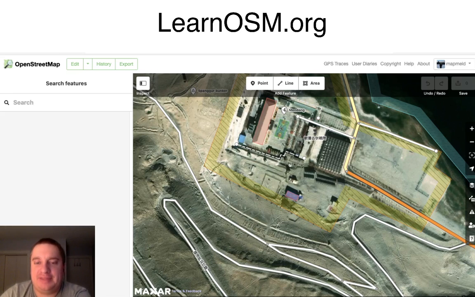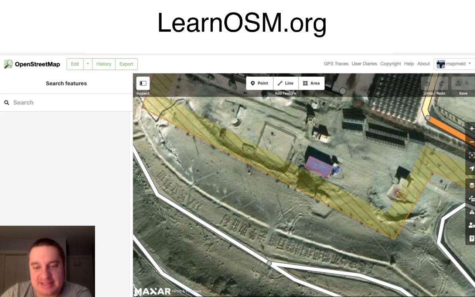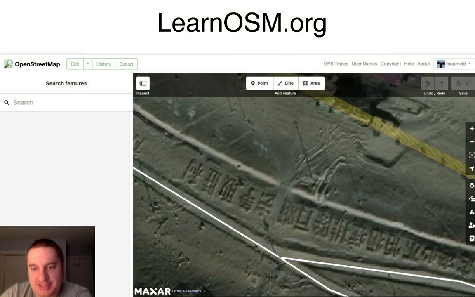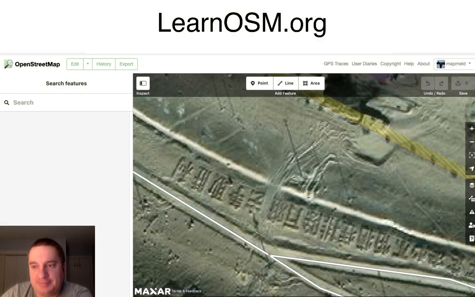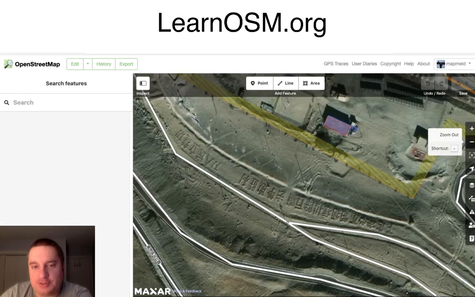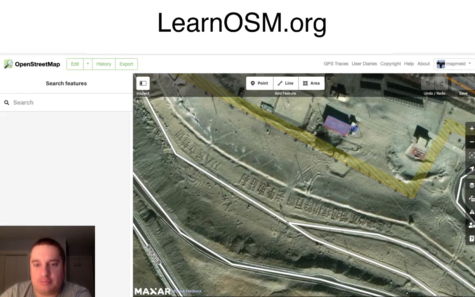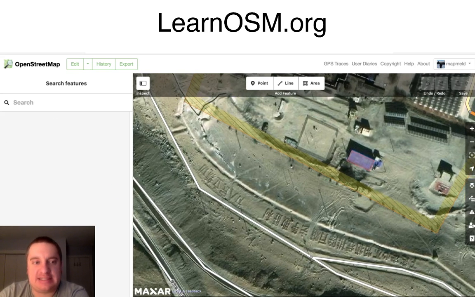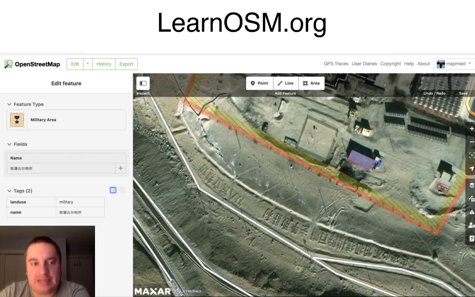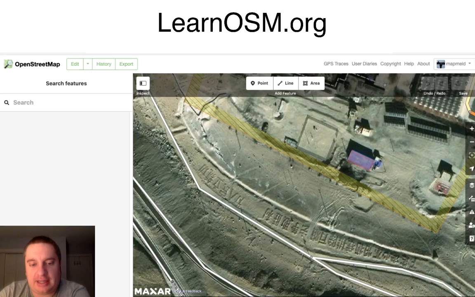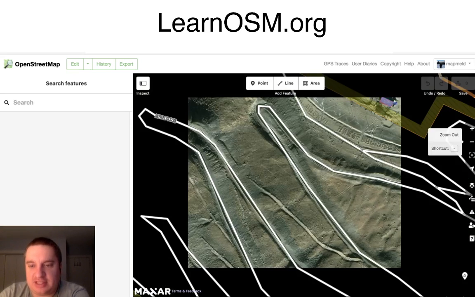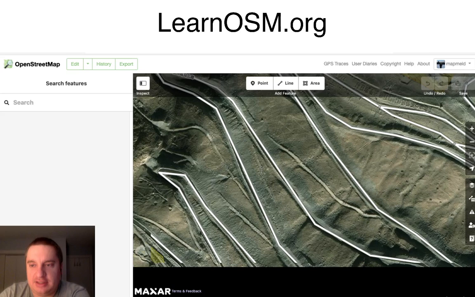And I remembered it specifically because if you look on the editor, you can actually see these Chinese characters, which were basically drawn or formed with the earthworks here. So I don't know exactly what that is, but someone's gone through and labeled this as a military area, and I had come through specifically to add this paved switchback